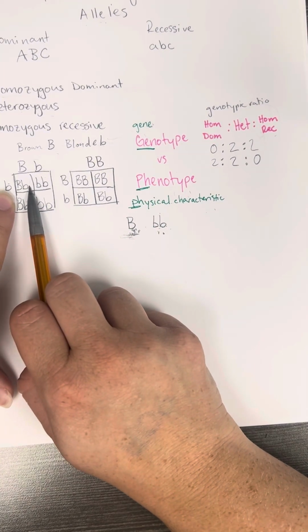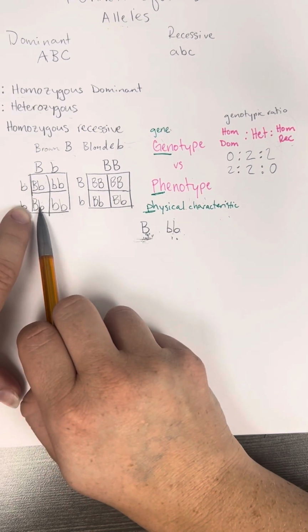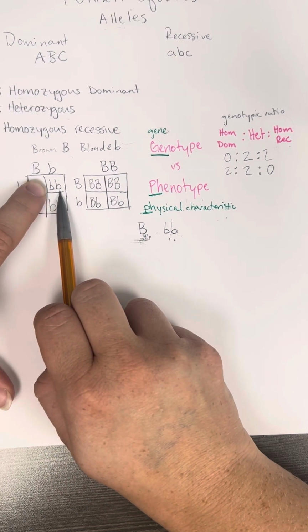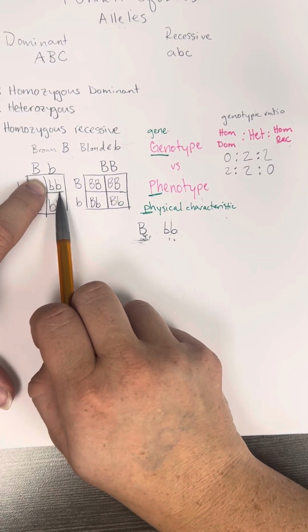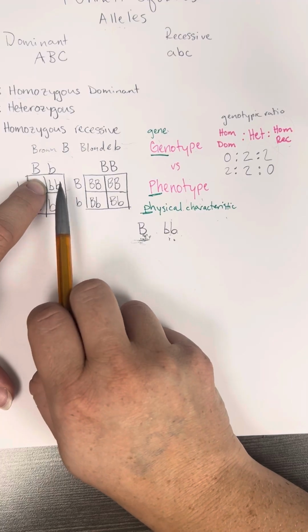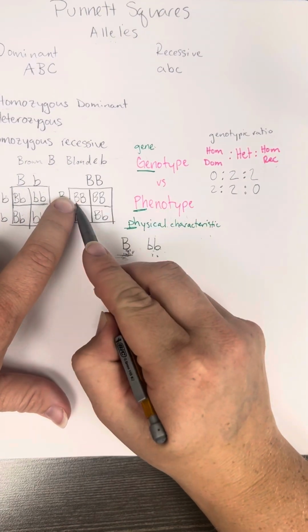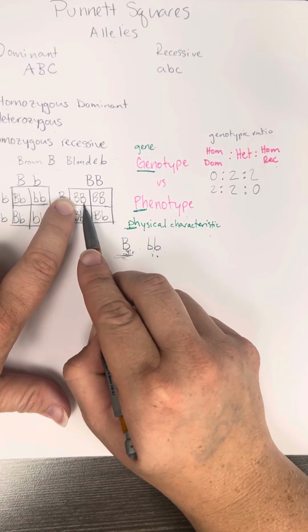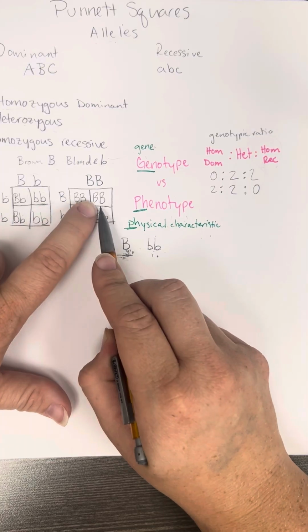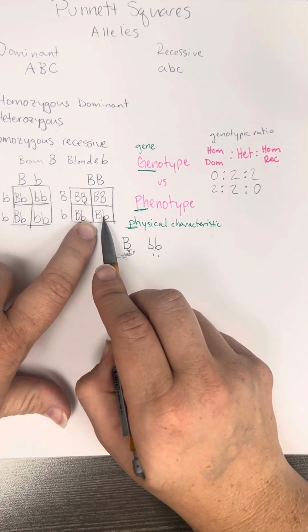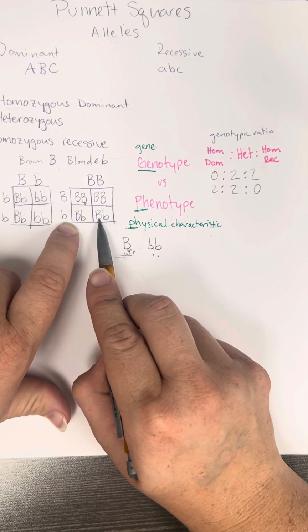This square, because I have a dominant allele, that's going to be brown hair. Same with this one. This one has no dominant alleles, so it's going to be recessive, and I'm going to see that trait. I'm going to see the blonde hair. Same with this one. This one, I have 2 dominant for brown, so it's going to be brown hair. Brown hair. This one, I have a recessive gene, but because that dominant one is there, I'm not going to